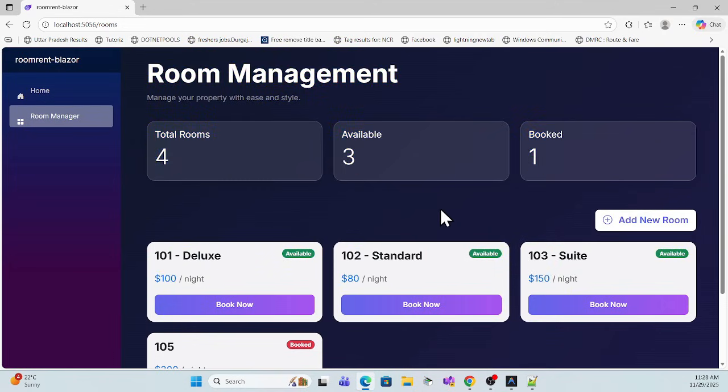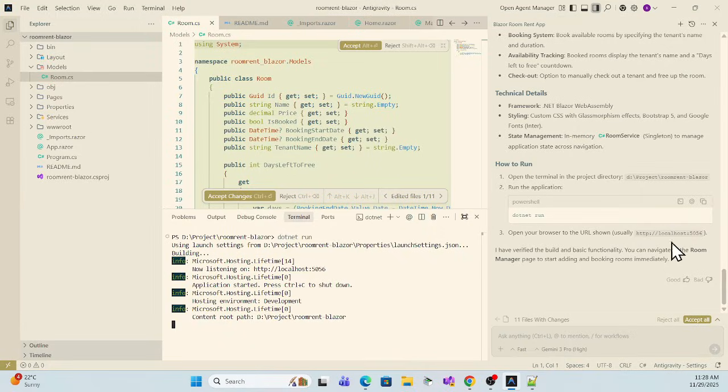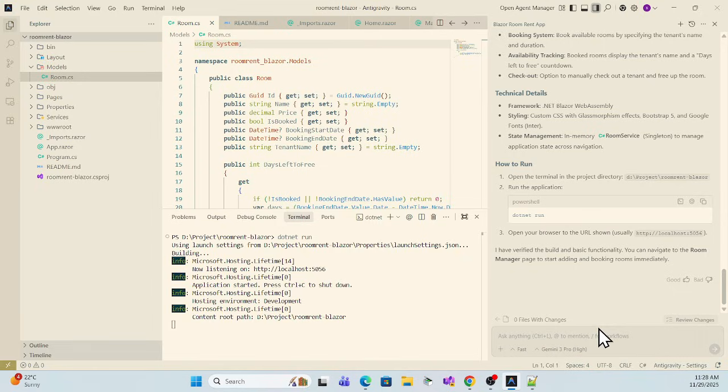Now the second step is to integrate the database. Right now it is using in-memory storage, but we will integrate the database. So how can we do that? It's very simple. Again, go back to here, just accept everything over there, and in here we have to tell it, okay, just integrate the